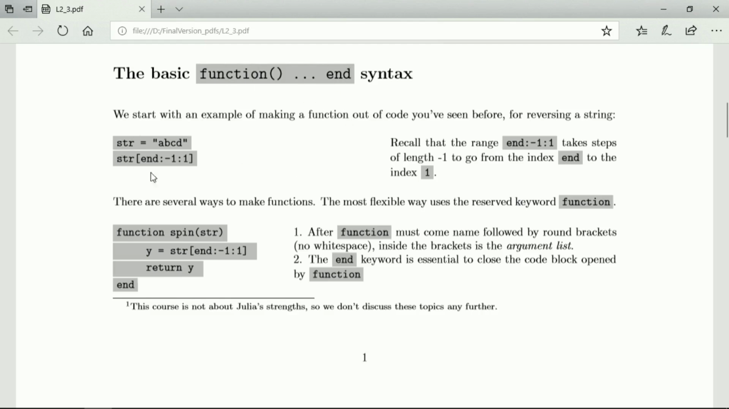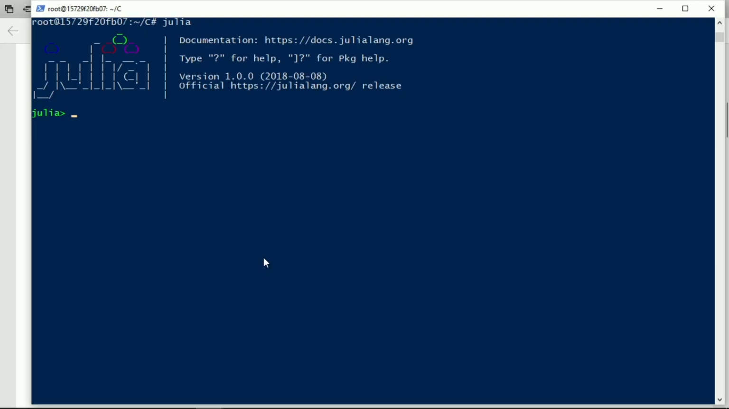So let's look at this particular example that we've seen before. If we have a string ABCD, we can have it back to front by starting at end and going in steps of -1 down to 1. So let's write that out. So if I have a function, and the function is called spin, and it has an input variable which I will call str,